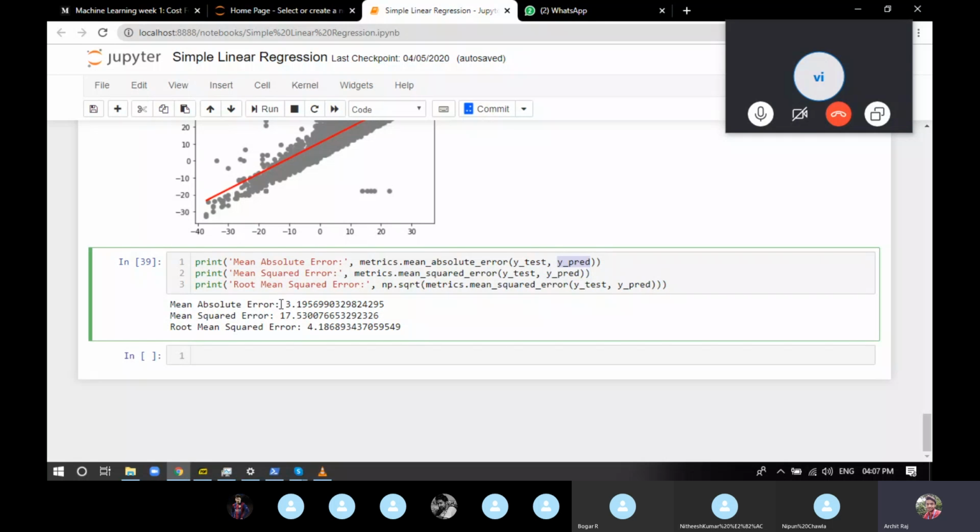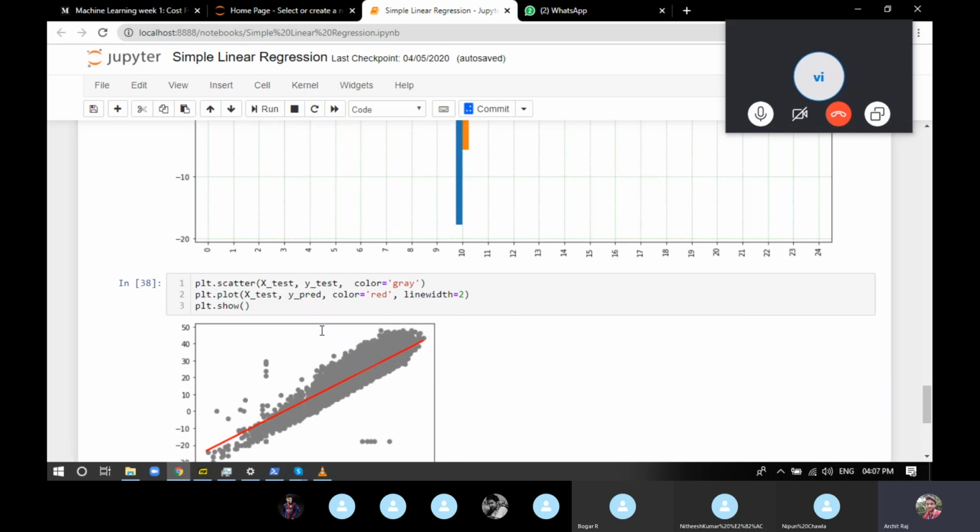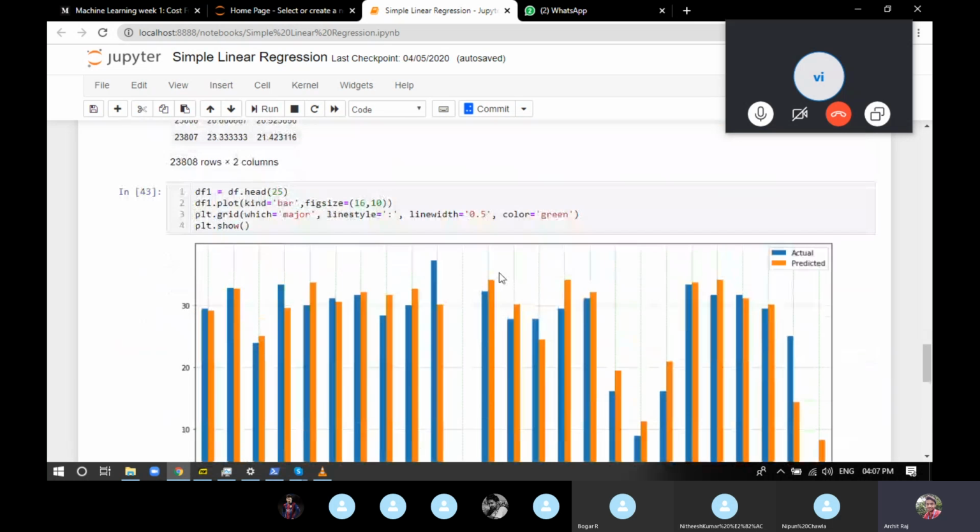Sorry, for 1 you have to do it for R-square, we'll learn about R-square later. So you have to reduce the error as much as you can. Make it 0, it means your model is completely 100% accurate, which is not possible. So if you find your model is 100% accurate or the error is completely 0, it means your model is overfitting. So you can see absolute error is 3, squared error is like 17, the root mean squared error is 4, so it's fine. You're getting a decent amount of accuracy.